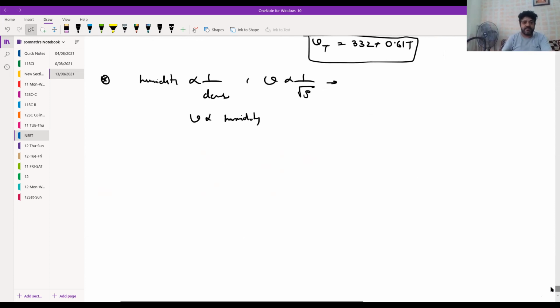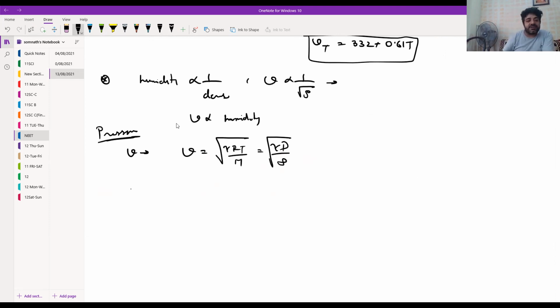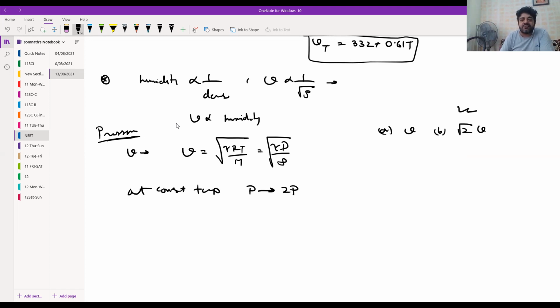And the last one for today, that is the pressure. वेलोसिटी ऑफ साउंड देखो यहाँ पे तुमको फंसाएगा. हम बार बार बोल रहे हैं, क्यों? क्योंकि हमें पता है कि root of गामा आर टी बाई एम एंड एट द सेम टाइम root of गामा पी बाई रो. तो यहाँ पे वो फंसाएगा तुम्हें. कैसा फंसाएगा? वो बोलेगा एट कांस्टेंट टेम्परेचर pressure become 2p. How the velocity of sound change? और यहाँ पे एक ऑप्शन में रहेगा v, एक ऑप्शन में रहेगा √2 v. भी मोस्ट ऑफ द स्टूडेंट डायरेक्ट इसको मानेगा क्योंकि उसको याद है वेलोसिटी इज √(γp/ρ), लेकिन नहीं,